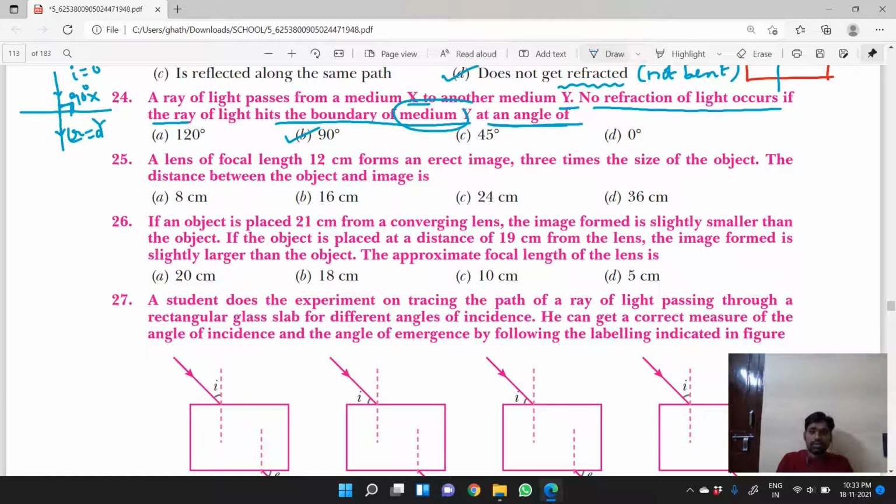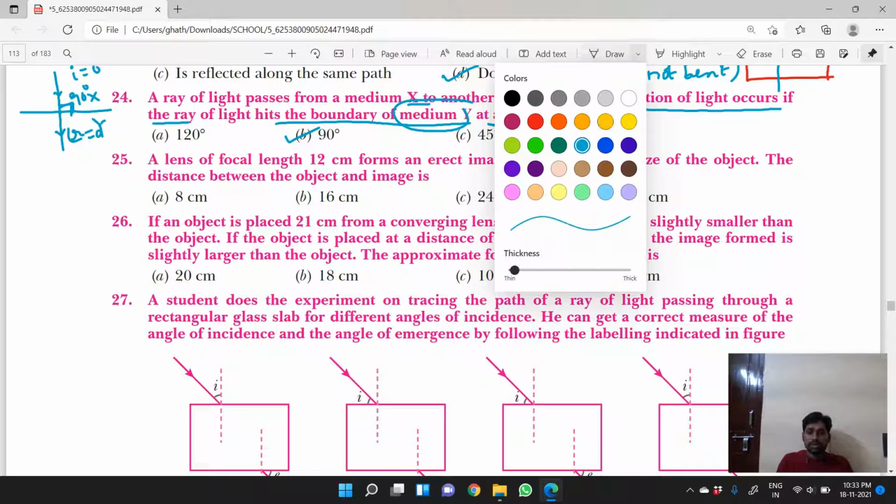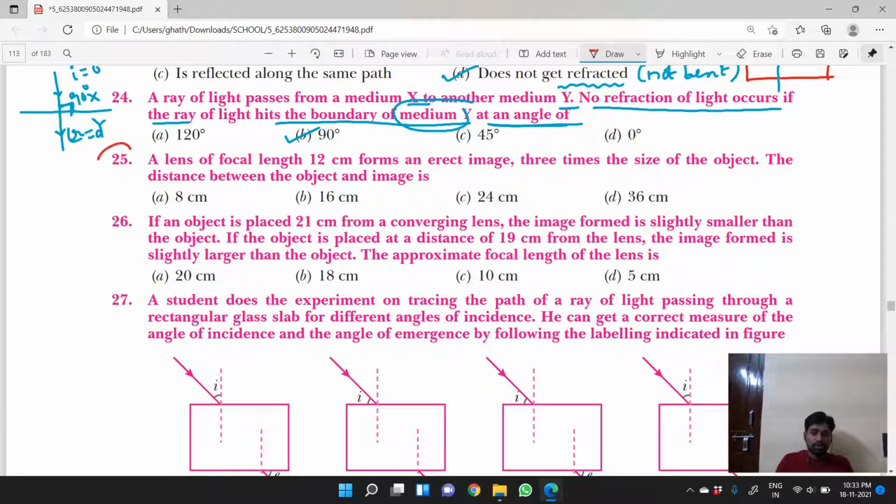Next, question number 25. A lens of focal length 12 centimeters forms an erect image 3 times the size of an object. Find the distance between the object and its image. So if you see here,